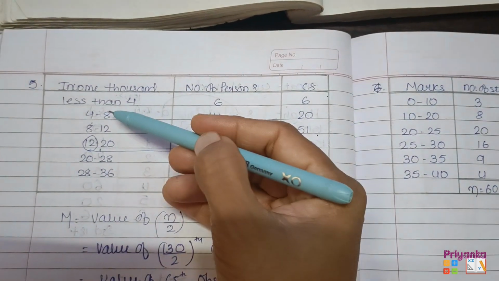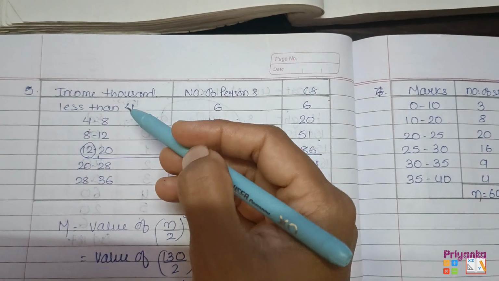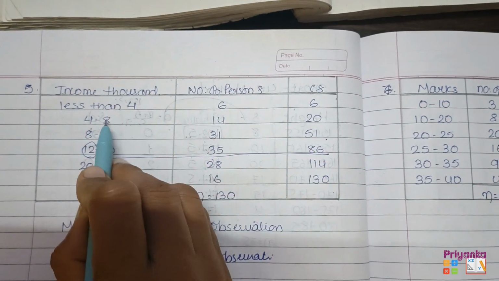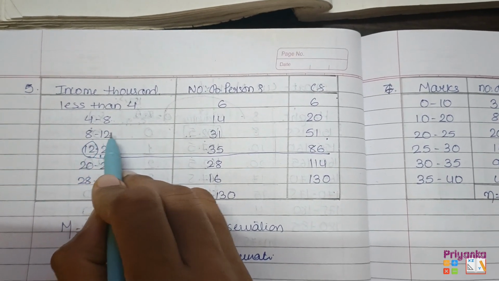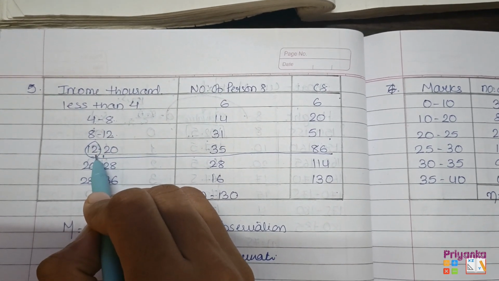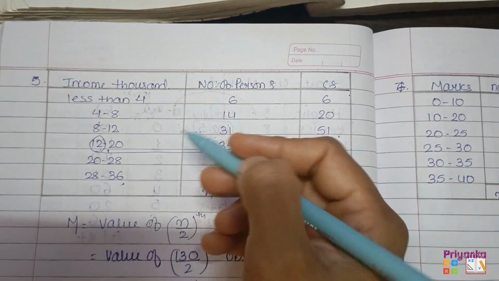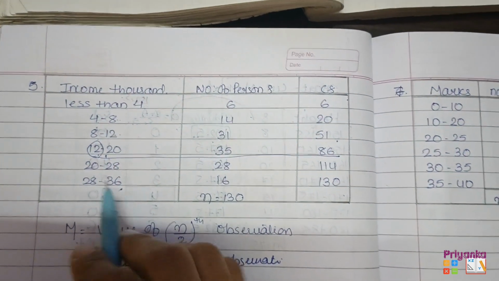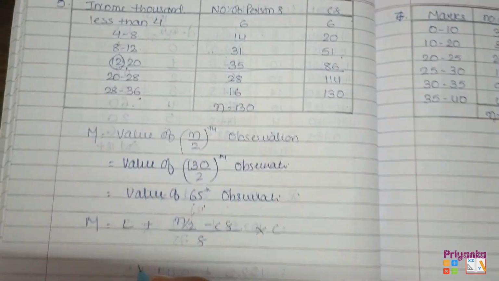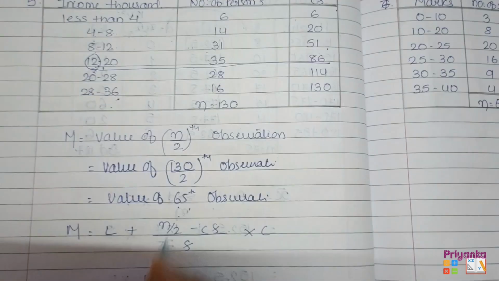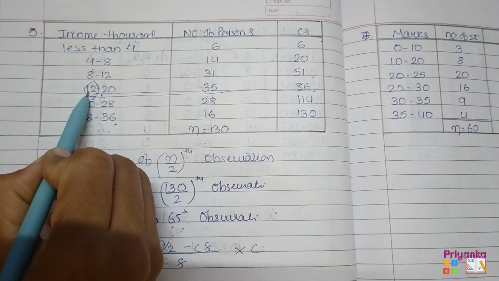Now after this, first check, is your class length exclusive or inclusive. ये exclusive है. See, 4 to 8, 8 वाला नंबर नीचे रिपीट हो रहा है. 8 to 12, 12 वाला नंबर नीचे रिपीट हो रहा है. अगर ऐसे क्लास दिया हो तो वो exclusive continuous frequency distribution है. तो यहाँ पे हम डायरेक्टली will take the lower boundary point, that is 12. This is the lower boundary point.